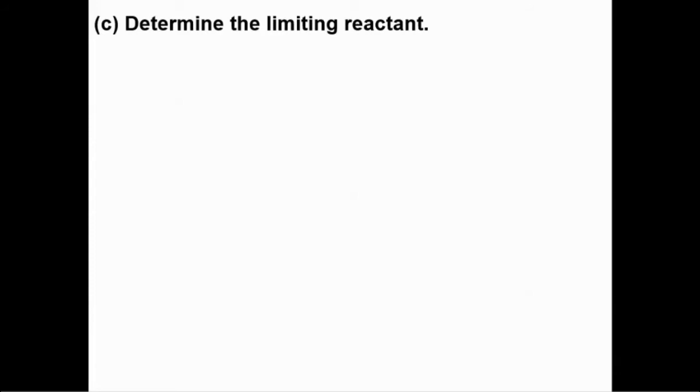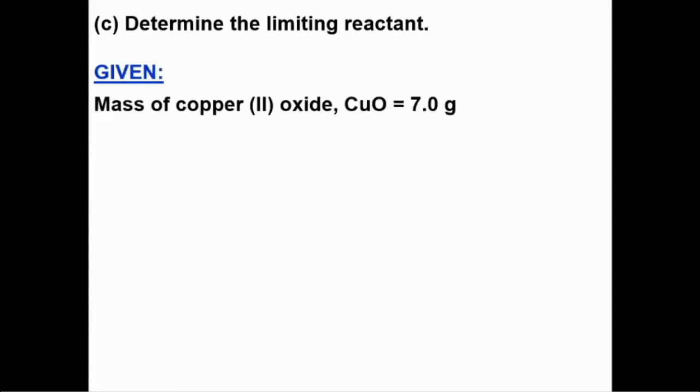First things first, in this reaction there are two reactants: copper oxide and nitric acid. The first thing you need to do is determine how many moles of copper oxide and how many moles of nitric acid are used in this reaction. Since we were given just the mass of copper 2 oxide, which is 7 grams, we are going to calculate the moles of this copper 2 oxide,